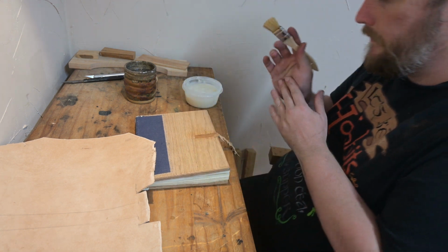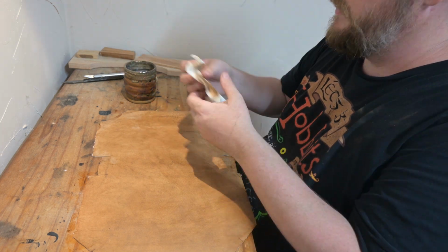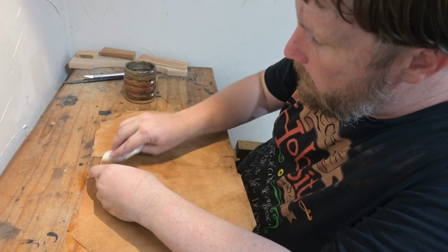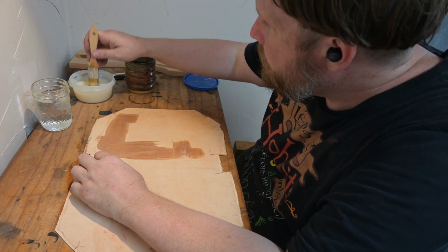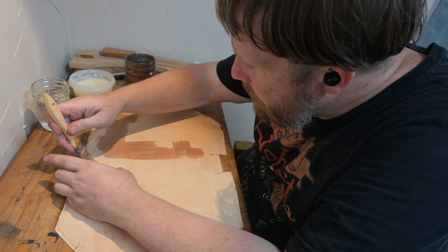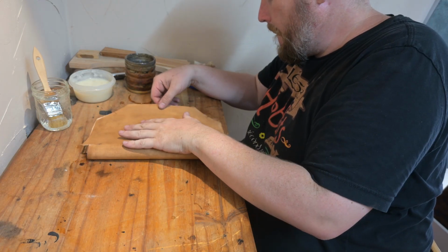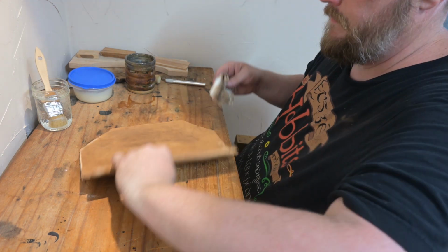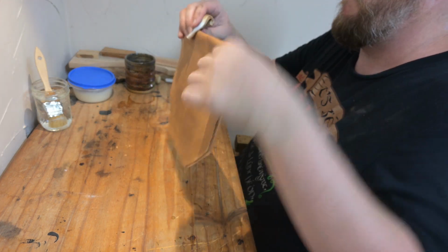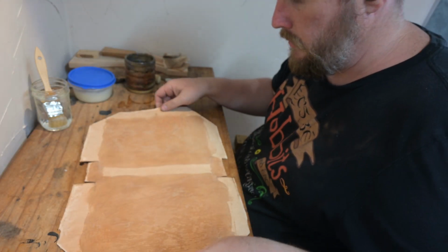And then paste down the strap and then wet out the grain side of the leather, the outside of the leather. I did a little bit of staining on this with walnut, and then I'm pasting, so it's a wheat paste, a wheat starch paste. The paste goes on the inside, close it up, and let that soak in. Let it dry, and then wet out the outside of the leather again, open it up, and then scrape out the wheat paste